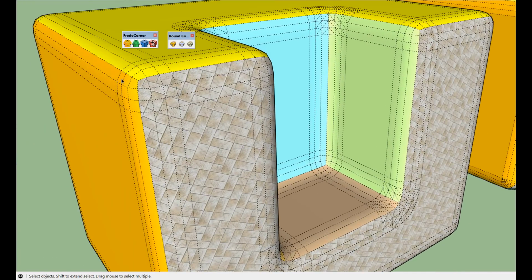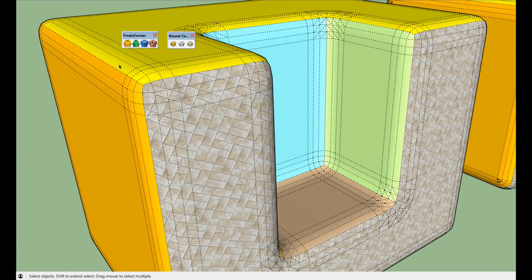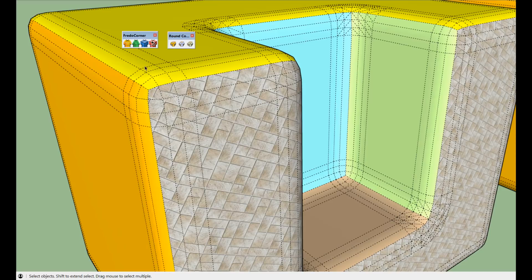In Fredo Corner, by default, you get something less round, which is an intermediate between a square and a circle, sometimes called a square circle or squircle. This gives something more realistic, in particular for rendering.